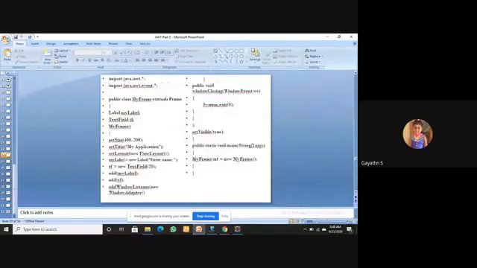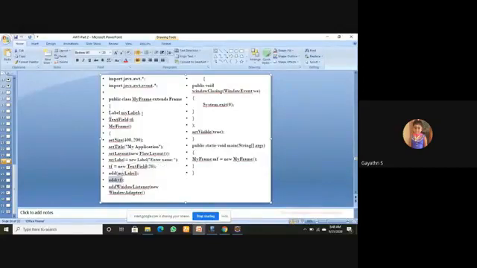Next, this is the program. How to create a text field. Here you are using the second constructor. Text field of 20, so the width of the string is 20 characters only, and you are able to enter only that many into the text field. Then after that, add the text field into the frame. The remaining parts are the same.